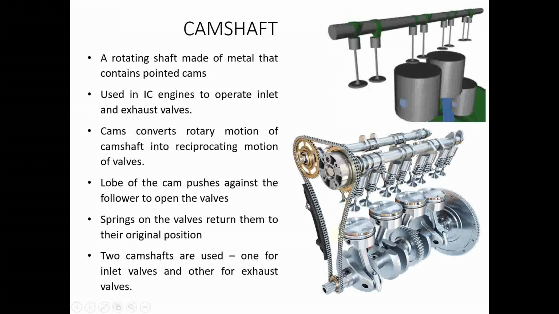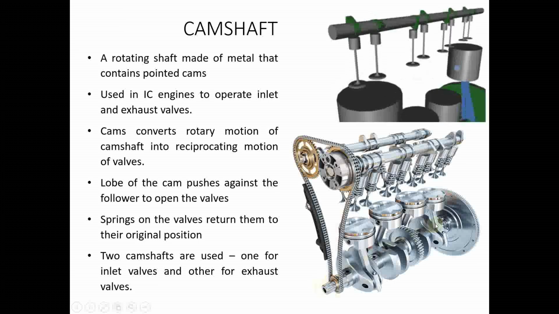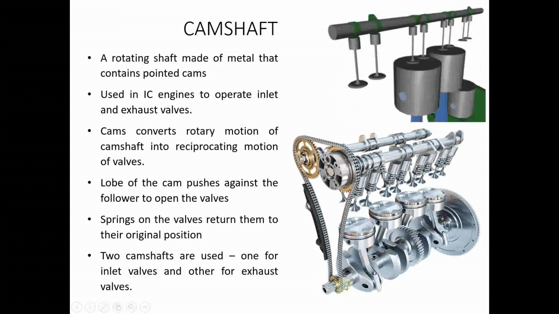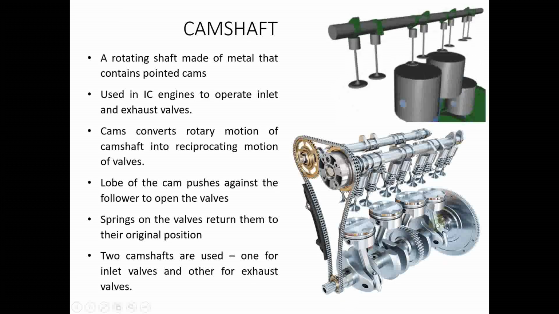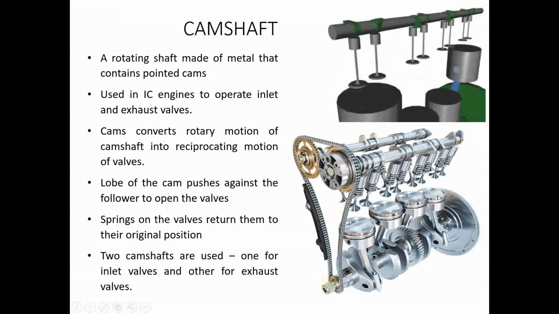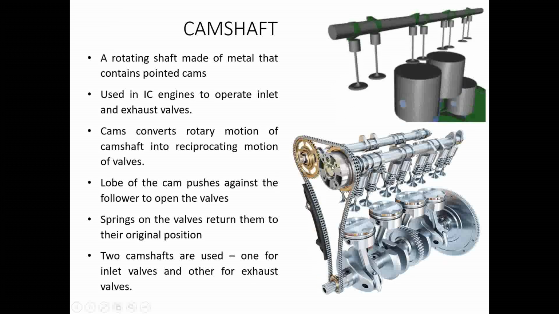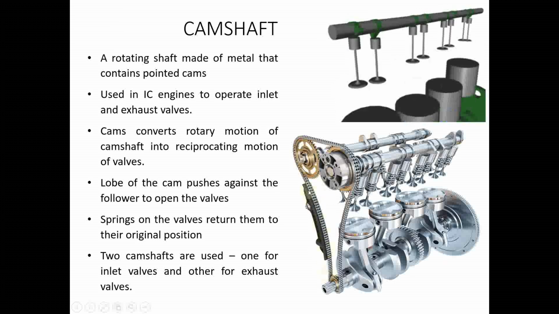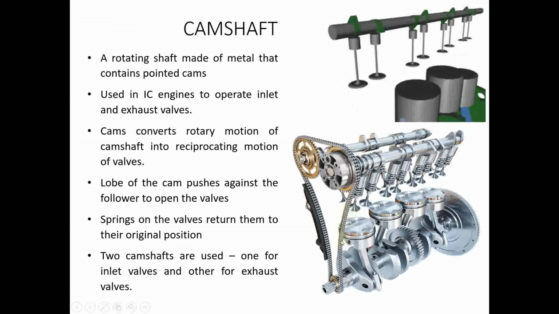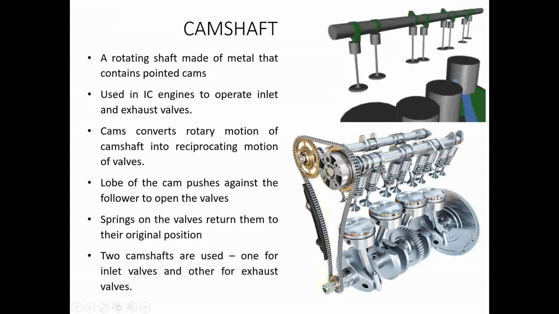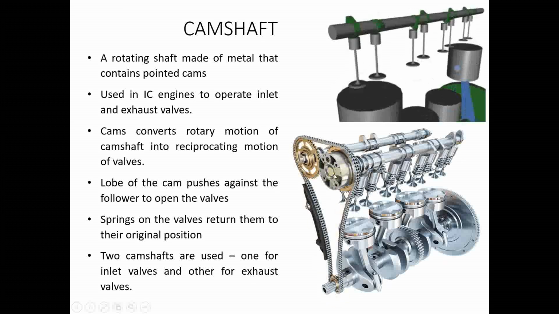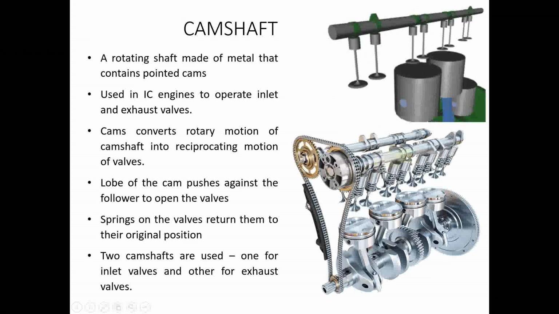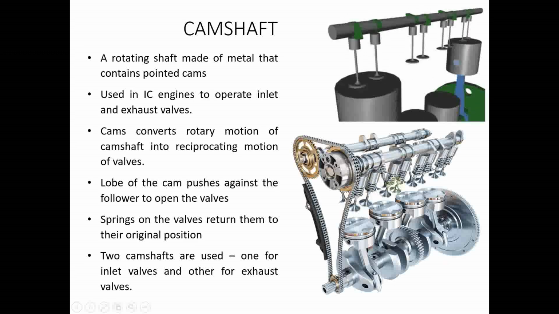Camshafts usually run at one half the rotational speed of the crankshaft. And there are several mechanisms by which we can transmit the motion of the crankshaft to the camshaft. This is one such mechanism, known as the timing belt. There is also a chain and sprocket mechanism. So using this timing belt, we are timing the rotational motion of the camshaft and thereby timing the opening and